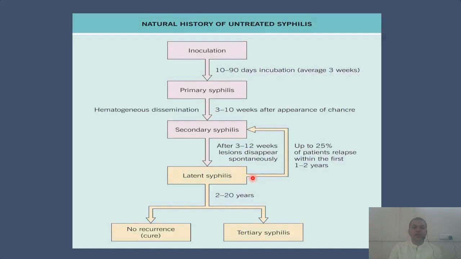So what will happen? 25% to 1/3 of such cases will immediately, in the next 1 to 2 years, end up in a relapse of secondary syphilis. Then what about the remaining 70% of patients? They may get cured, but the rate is very low. The 70% of patients, over a very long time in life, from 2 to 20 years, it is a long time,